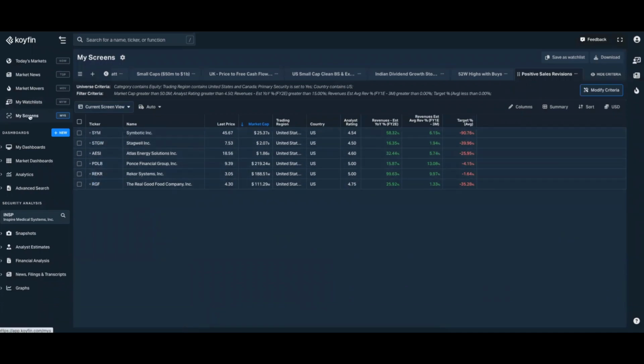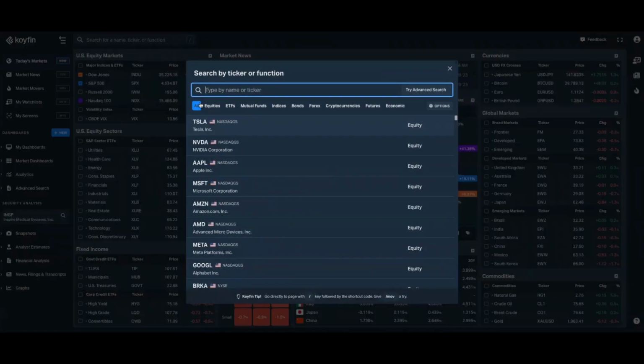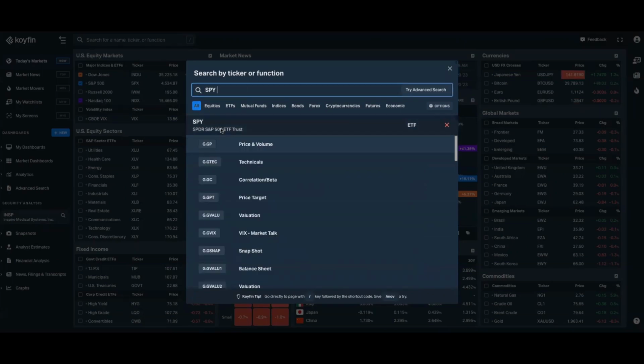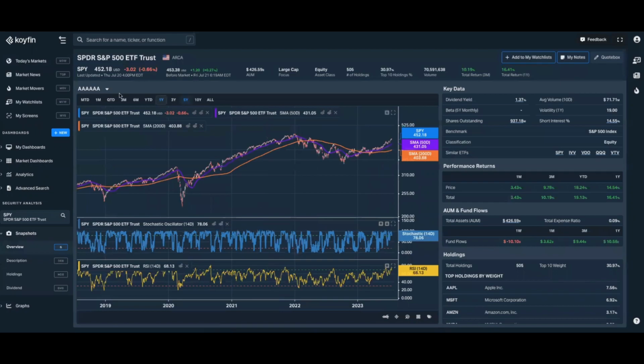The last thing I want to show you with screening, we've done a lot. We've done some fundamentals. We've done some technicals, some revision stuff. There are some fun hacks that you can just do certain things with the Koyfin screener that make life easier. So for example, if you're interested in viewing the components of the S&P, you can type in the S&P, get an ETF for that, and you can view the ETF and all of its